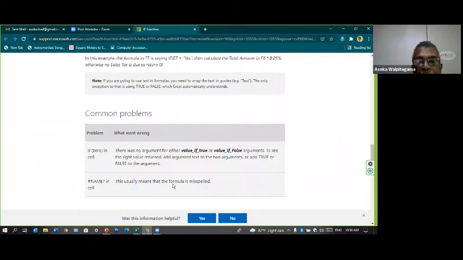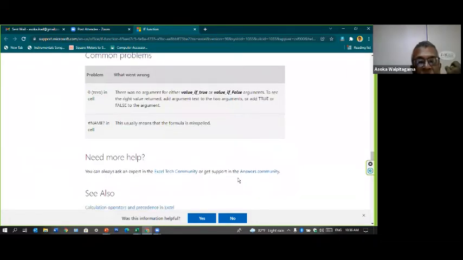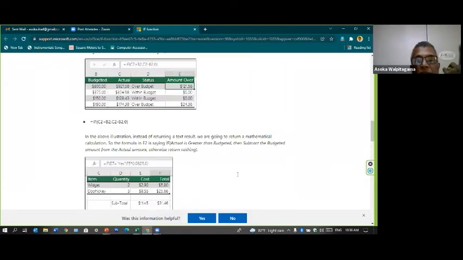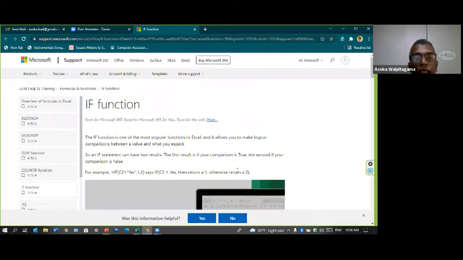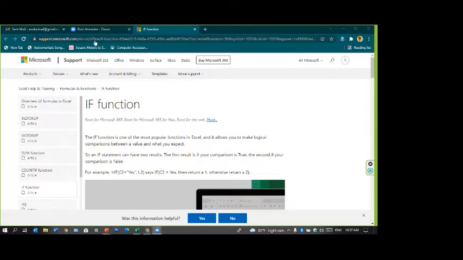Name in cell means formula is misspelled. So everything is there. Now, in the syntax, what you have to understand is if some part of the syntax is in square brackets, that means it's optional. It's optional. That is what it means. Right? If some part of the syntax is in square brackets, that is optional.